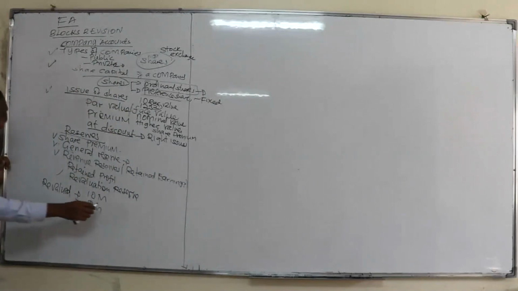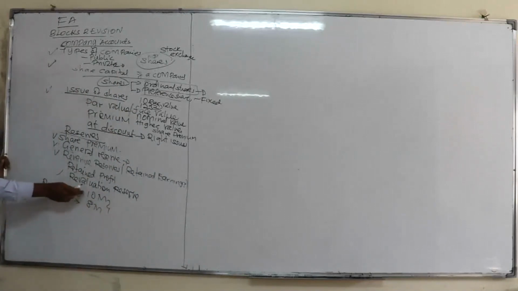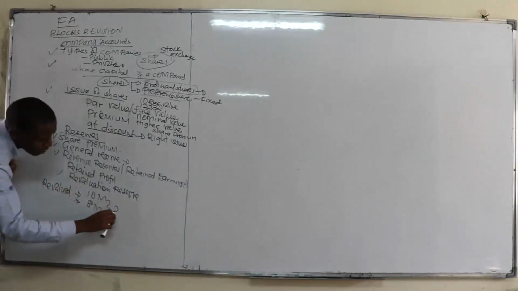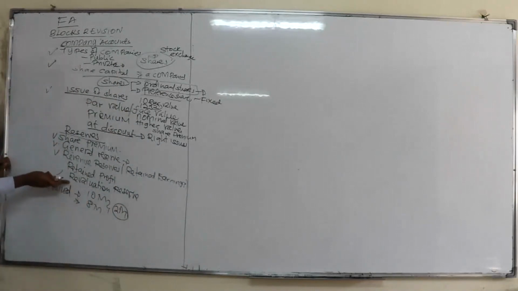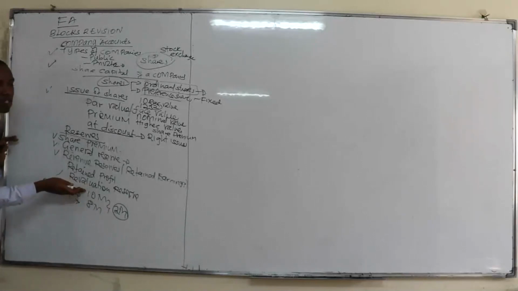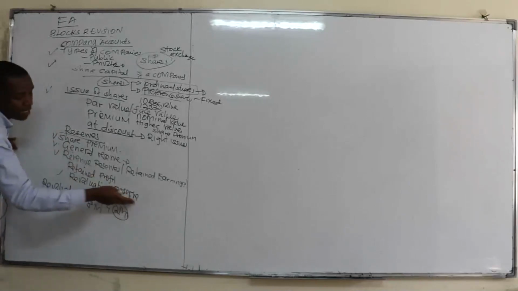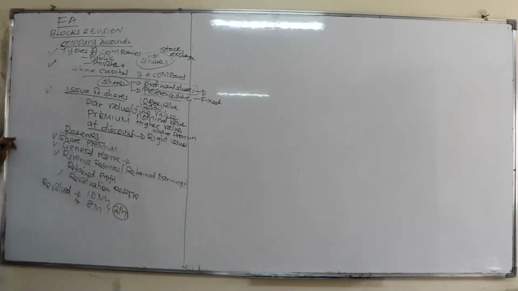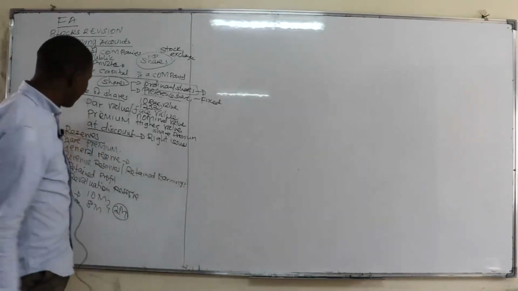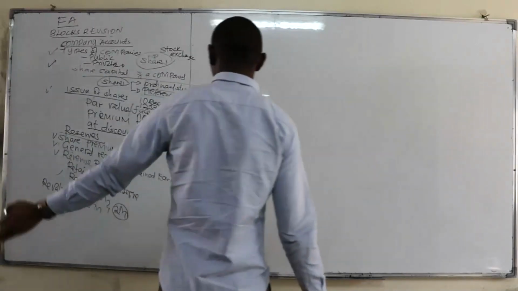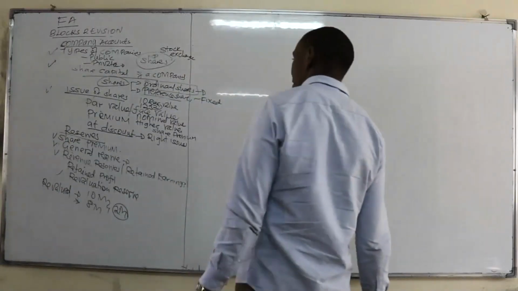So where will you take this difference after you revalue this asset? The difference of 2 million, you normally take it to the revaluation reserve. That is the amount that you are supposed to keep in the revaluation reserve, which is part of equity and liabilities. Equity and liabilities, you will take the revaluation reserve. That is on the reserves, and that is what you need to be aware of.